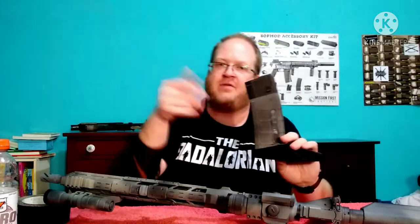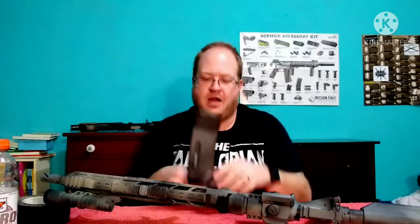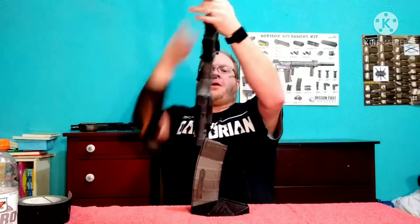So again, if you have like a 20 rounder or something like that, it may give your gun a different sort of tilt, but really you're going to be doing that right there, and that goes ahead and gives you, instead of the arc that we had earlier,